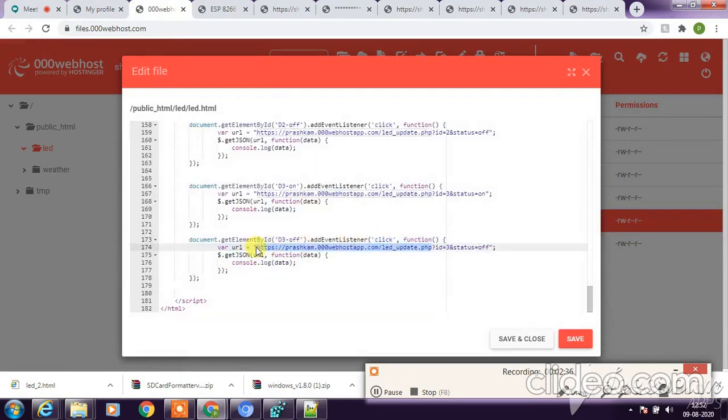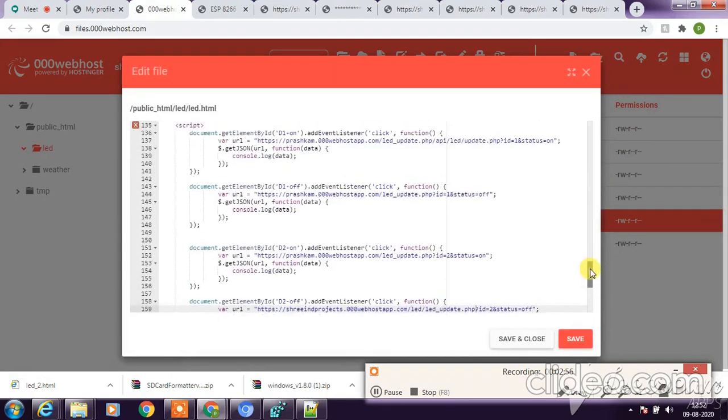So let me just replace with my URL. So change in 6 places total, because 3 are for on and 3 are for off.